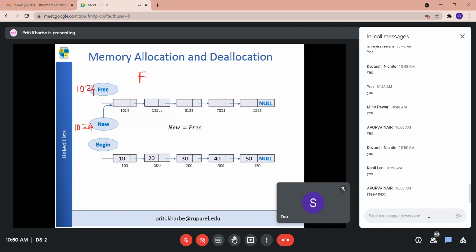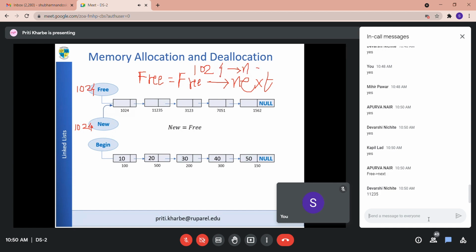So if I write the statement like free is equal to free's next, okay, इसका मतलब क्या हुआ? Free is equal to 1024's next. So what is 1024's next? 11235, right? So now my free will have value equal to 11235.